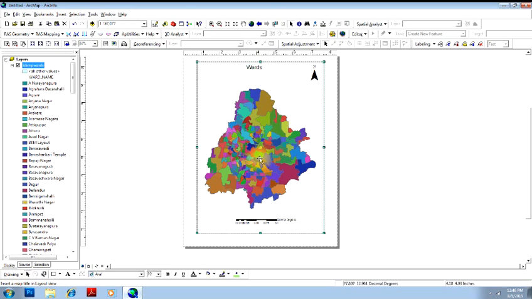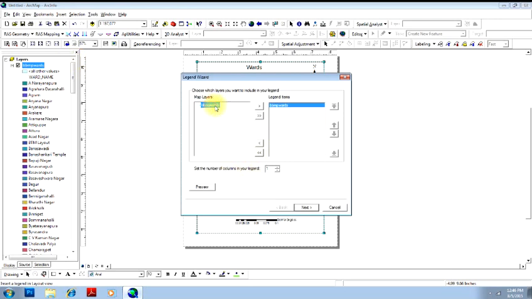Next most important thing in a map will be the legend. So you have all these things, but you need to know which color represents what word. So I'll insert a legend, and this is the legend I want to insert. If you have 10 shape files, all the 10 will be listed, but whatever item you want in the legend, just select those and click this button. You want to remove it, click on that and remove it. You want to add it, click on this and add it.